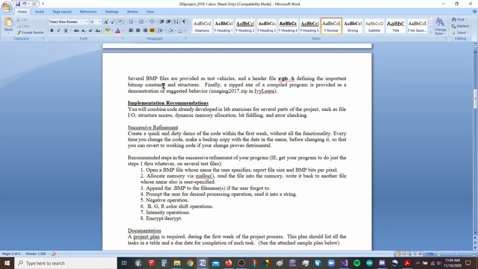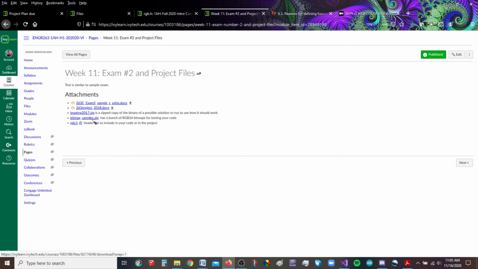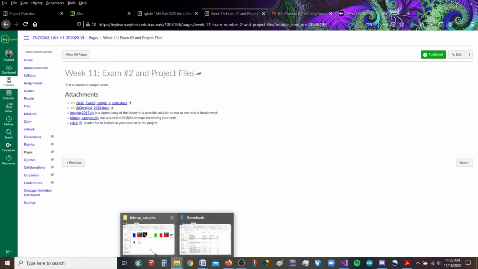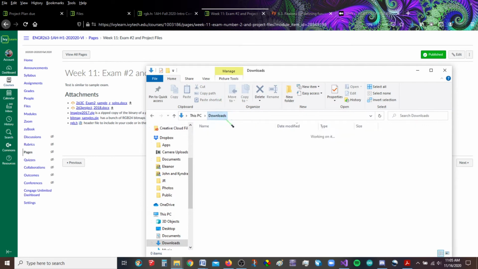So it says several bitmap files are provided as test vehicles and a header file, RGB.h, defining the important bitmap constants and structs or structures. And a zipped copy of the program is provided as a demonstration of suggested behavior. So that stuff is located in these two zip files and this .h. So the imaging 2017.zip, if you unzip that and extract it, okay,